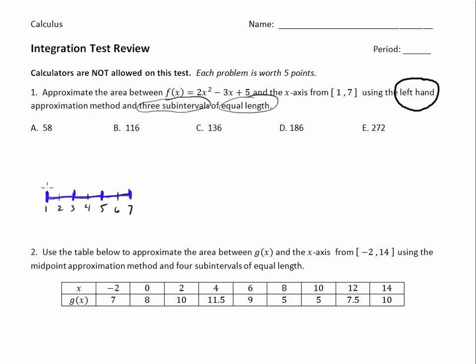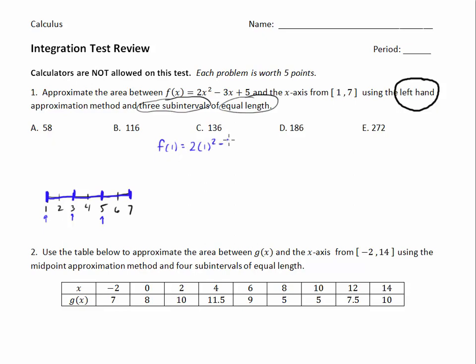To determine how tall my rectangles are going to be, we're using the left-hand method, which means we're going to use the left side of each of these rectangles. That means I'm going to be using this side for this rectangle, 3 for the middle rectangle, and 5 for this rectangle over here. So to determine how tall they are, we're just going to plug this number into our equation. So if I figure out f of 1,